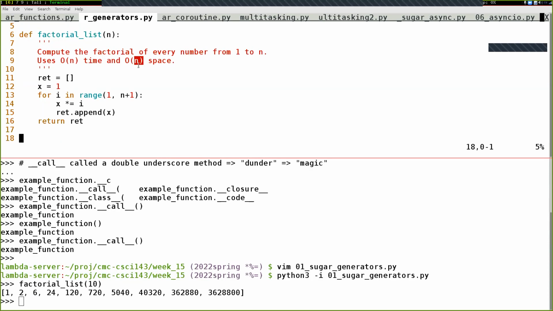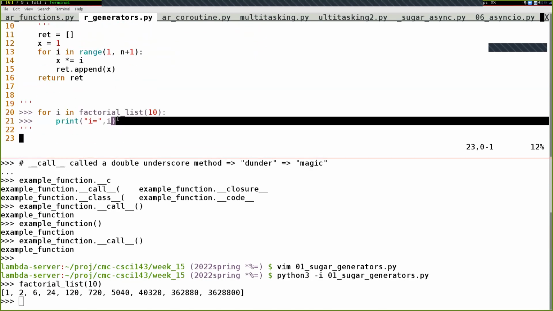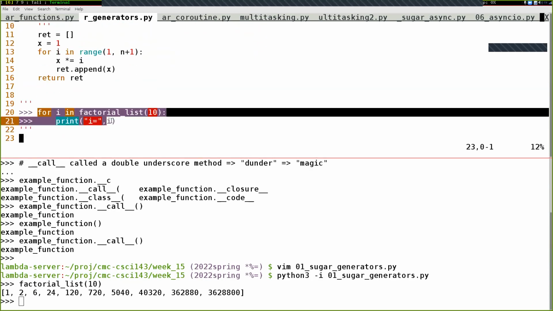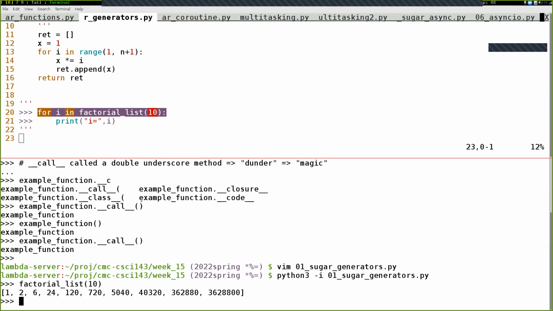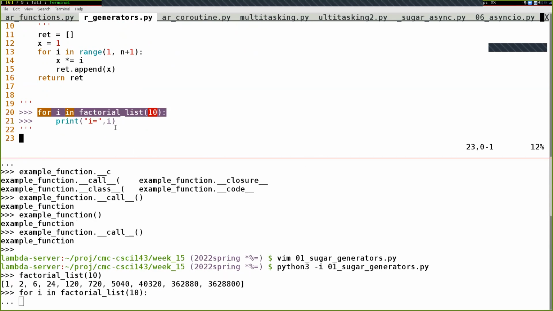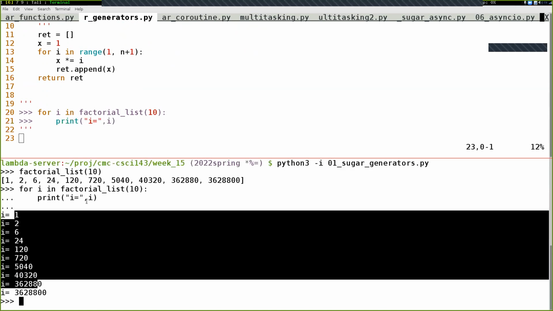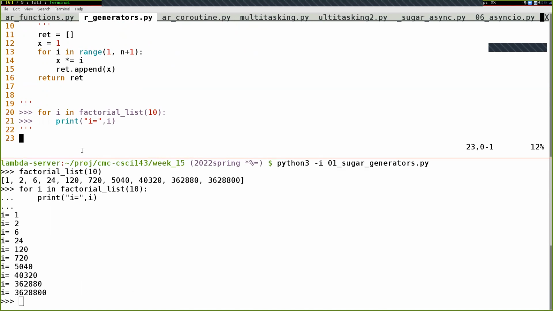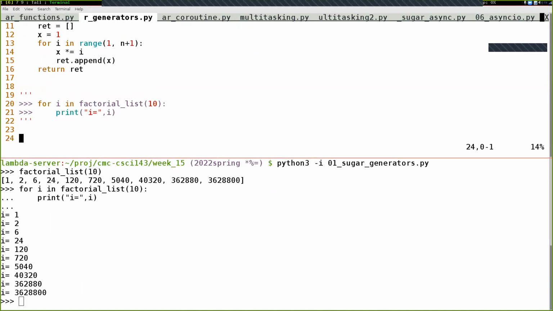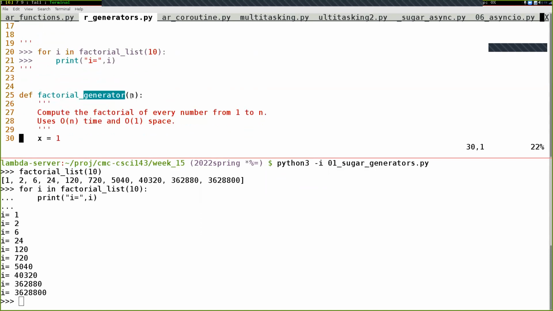And the idea of a generator is that we'll be able to take away this linear space. If I was just looping over this function, doing something like this, where I only need access to one of these values at a time, then there's no reason to store that entire list as an intermediate thing. So this right here is storing it as a list, and so it's using linear space. The generator version of this function